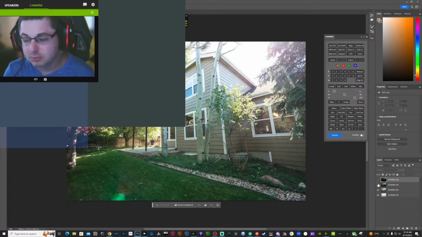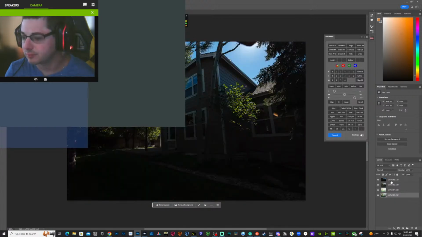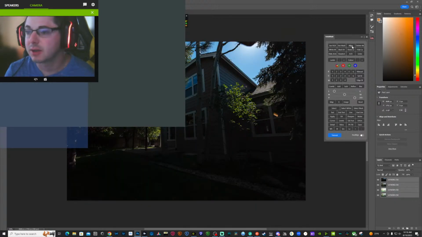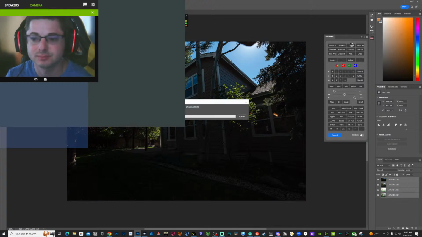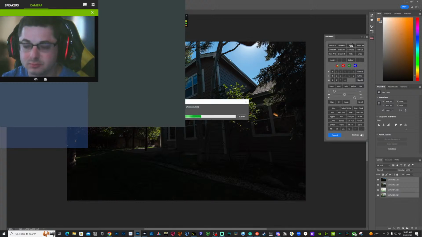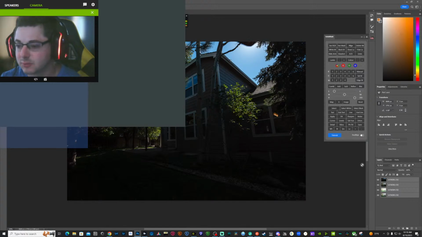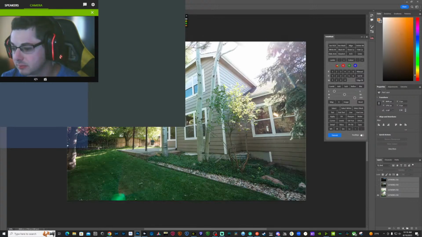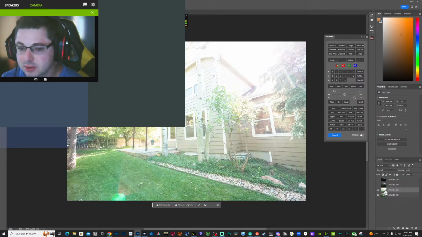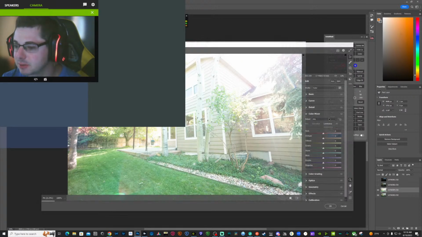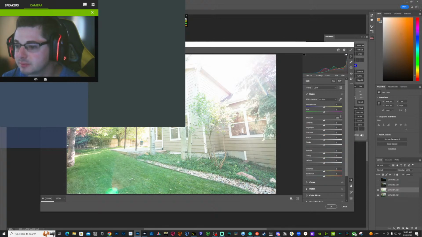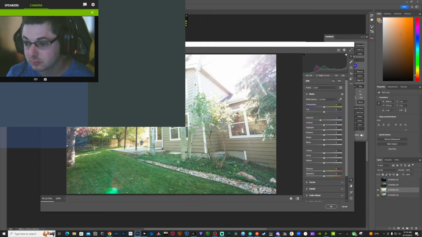So let's find, we're going to find our mid exposure on this one. This one's going to take a lot of work to get there. We're going to have it align our layers. This first one, we're going to take it down a stop. We're just going to use it to bring up some of our shadowy areas. 26 contrast.